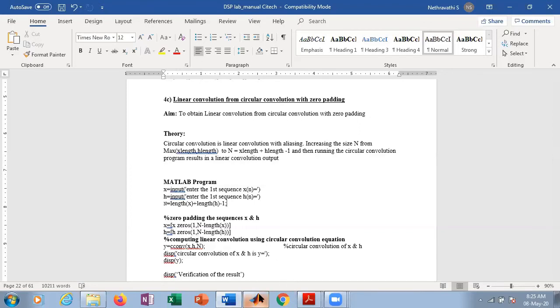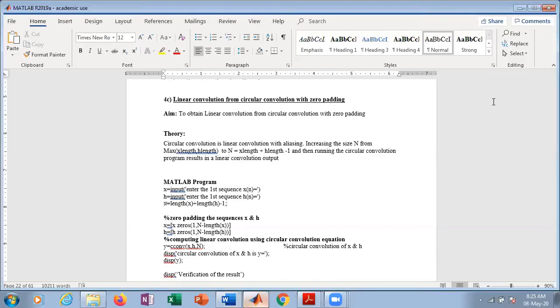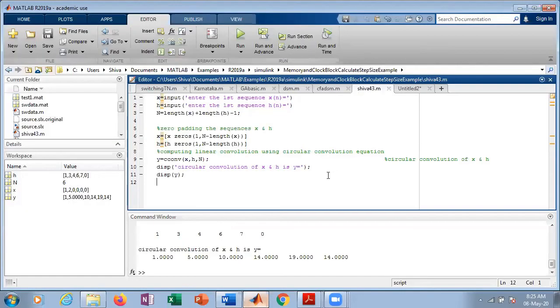So we will see what happens in MATLAB here. I will type the program: x is equal to input, enter the first sequence; h is equal to input, enter the second sequence h of n.